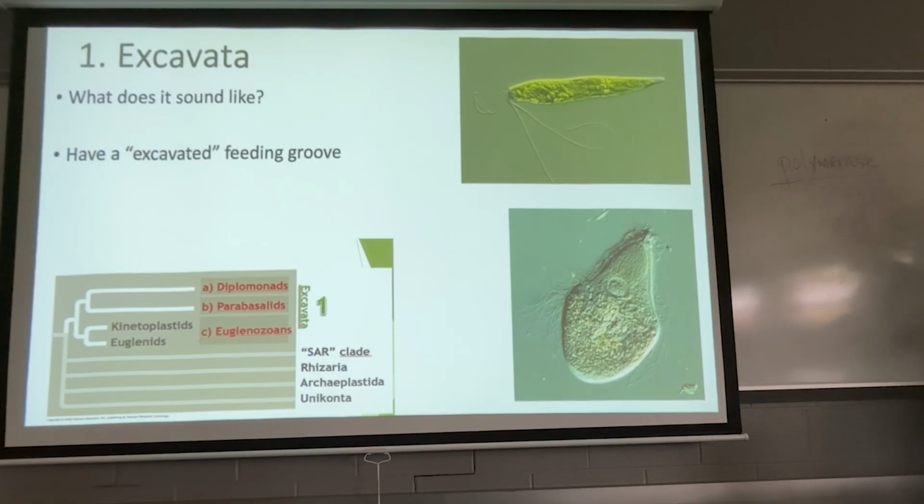It looks like and sounds like the word excavate, right? Think about a little excavator making a long canal in your front lawn so that you can bury a pipe. If you look down on that canal, that's what their feeding groove looks like. It looks like somebody excavated out a feeding groove. That's where the name comes from, like I just showed you. Then they can suck in food from the environment and make food vacuoles from those. Some of them have cilia, some of them have flagella, like you can see here.